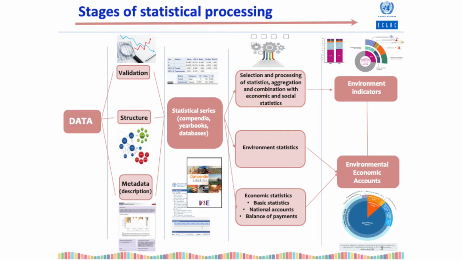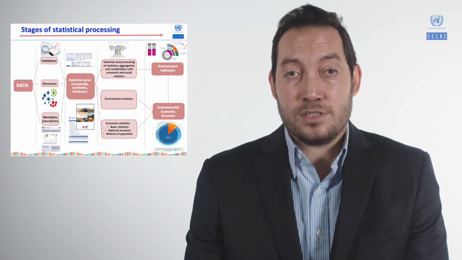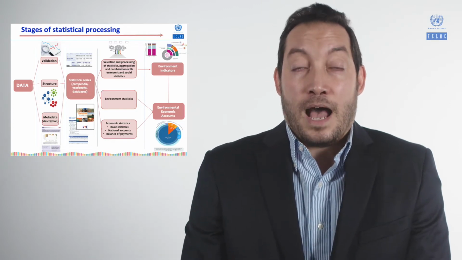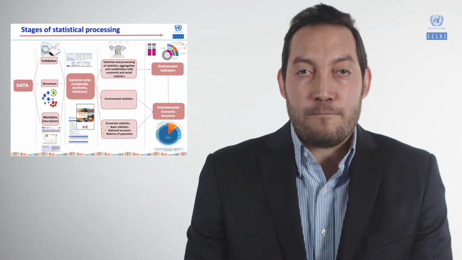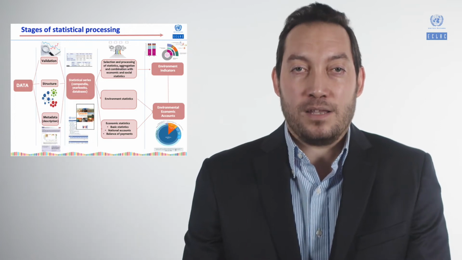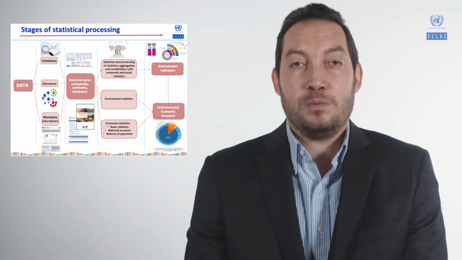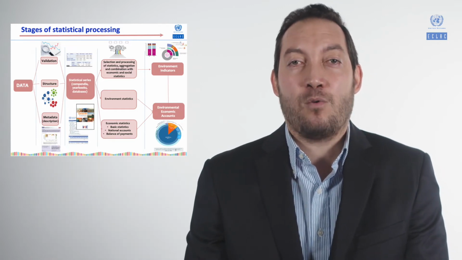For example, take the application of a survey as an instrument of primary data collection, but it can be any type of source, from the most traditional such as census, surveys, and administrative records, to the less traditional such as remote sensing, monitoring stations, among others. And those microdata, they need to be coded. They go to a database, ordered and aggregated, and the data must be validated, structured, tabulated, and their metadata is built, which is the description of the processes in which that data was produced in primary form and become statistical